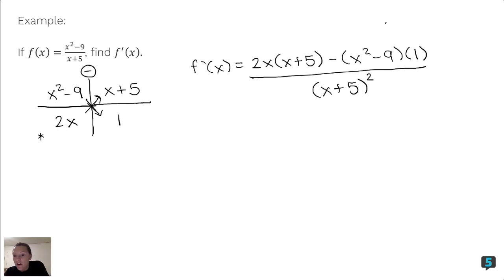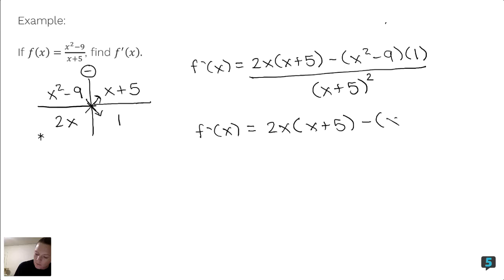Yeah, exactly. Sorry, Ari. I just saw your comment there after I caught myself. In terms of my derivative, do I really need to write that 1 there? No. I put it here in that initial write-out so that you could see the process of what I was multiplying. But we really could easily write this as f prime of x equals 2x times the quantity x plus 5 minus that quantity x squared minus 9 all over x plus 5